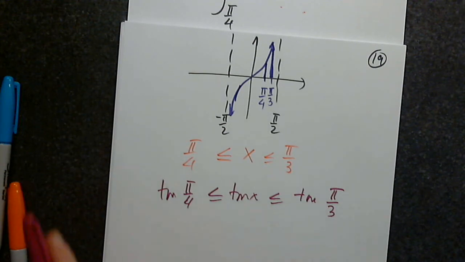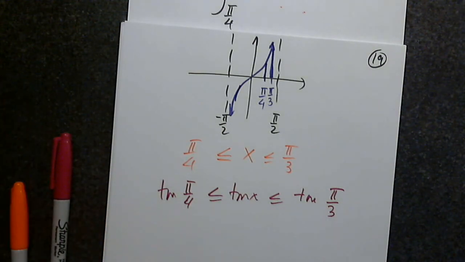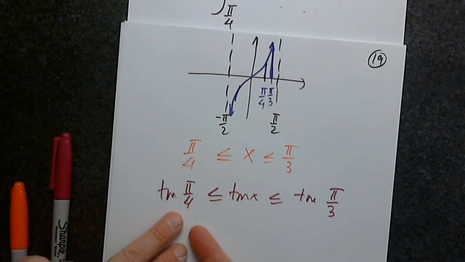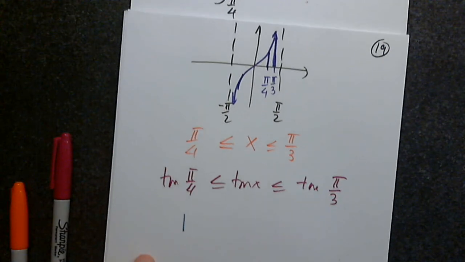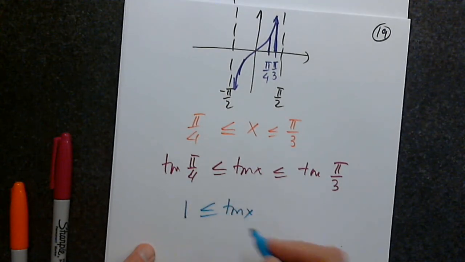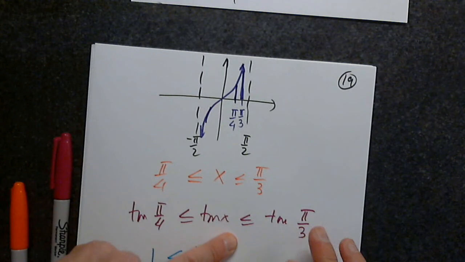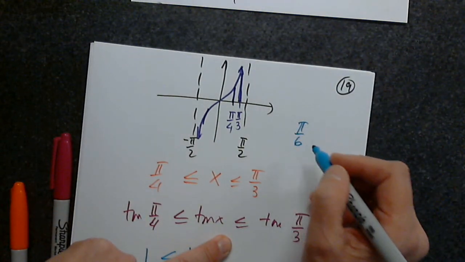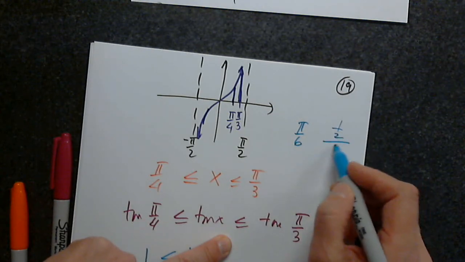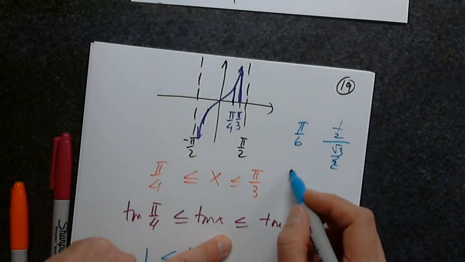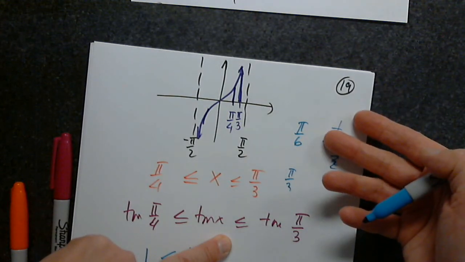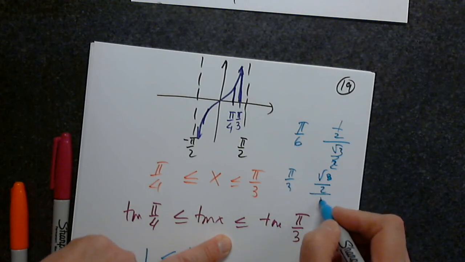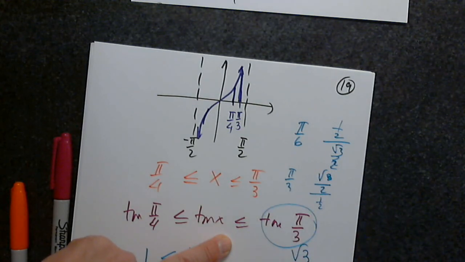So I always tell my students, do not bother to remember or memorize tangent. Because you know for tangent pi over 4 is sine over cosine, they're both the same, this must be 1. Here we have two options, right? So if it's pi over 6, that's 1/2 over the square root of 3 over 2. But if it's pi over 3 it is the reverse ratio, the square root of 3 over 2 over 1/2. So this must be the square root of 3.